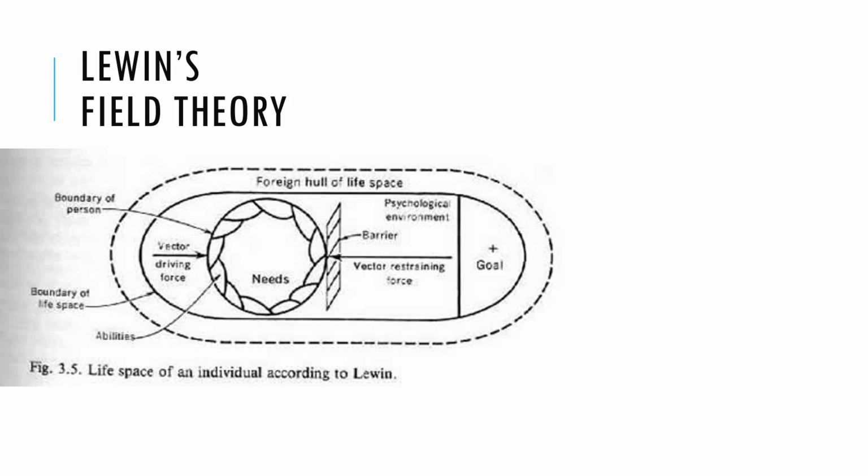I'm laughing because, in his mind, this drawing probably simplified things. But to a casual observer who doesn't know what Levin is talking about, it's probably kind of confusing. Oh, I forgot to mention that with the foreign hull of the life space, you'll notice that there's a dashed line around the outside of it because that foreign hull is permeable. It has influence outwards into the environment that's even farther away from the individual than the foreign hull is. So that would be larger environmental contacts that you might have.